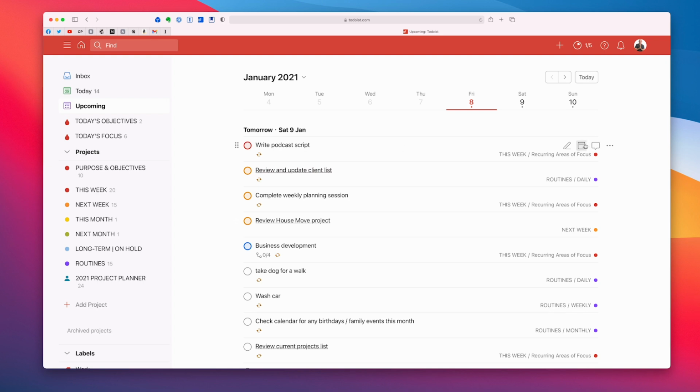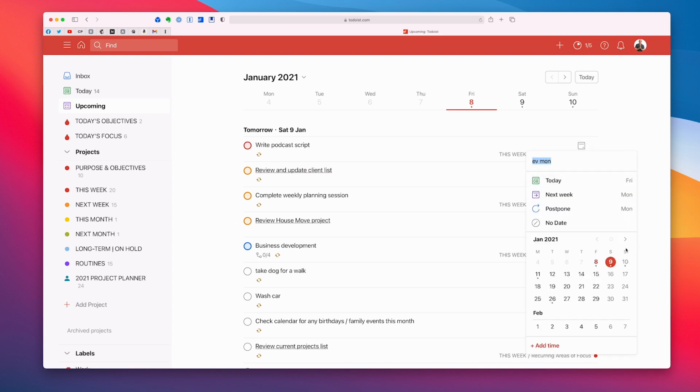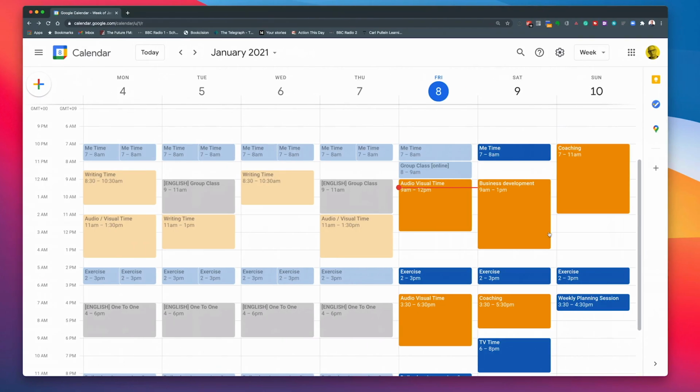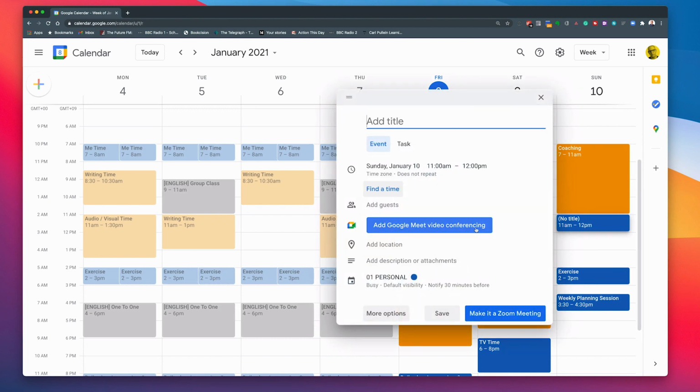What I might do then is I'm going to move that to Sunday because I've got Sunday here between, I think it's between 11 a.m. and 2 p.m. So I can then just jump in here. I'm going to give myself a break. I'm going to go in there and just type in writing time because I don't want to limit myself to just writing the podcast script. If I have a really good day and I get the podcast script written in 30 minutes, unlikely, but let's say I did, what am I going to do for the other 30 minutes while I'm in the zone, while I'm writing?